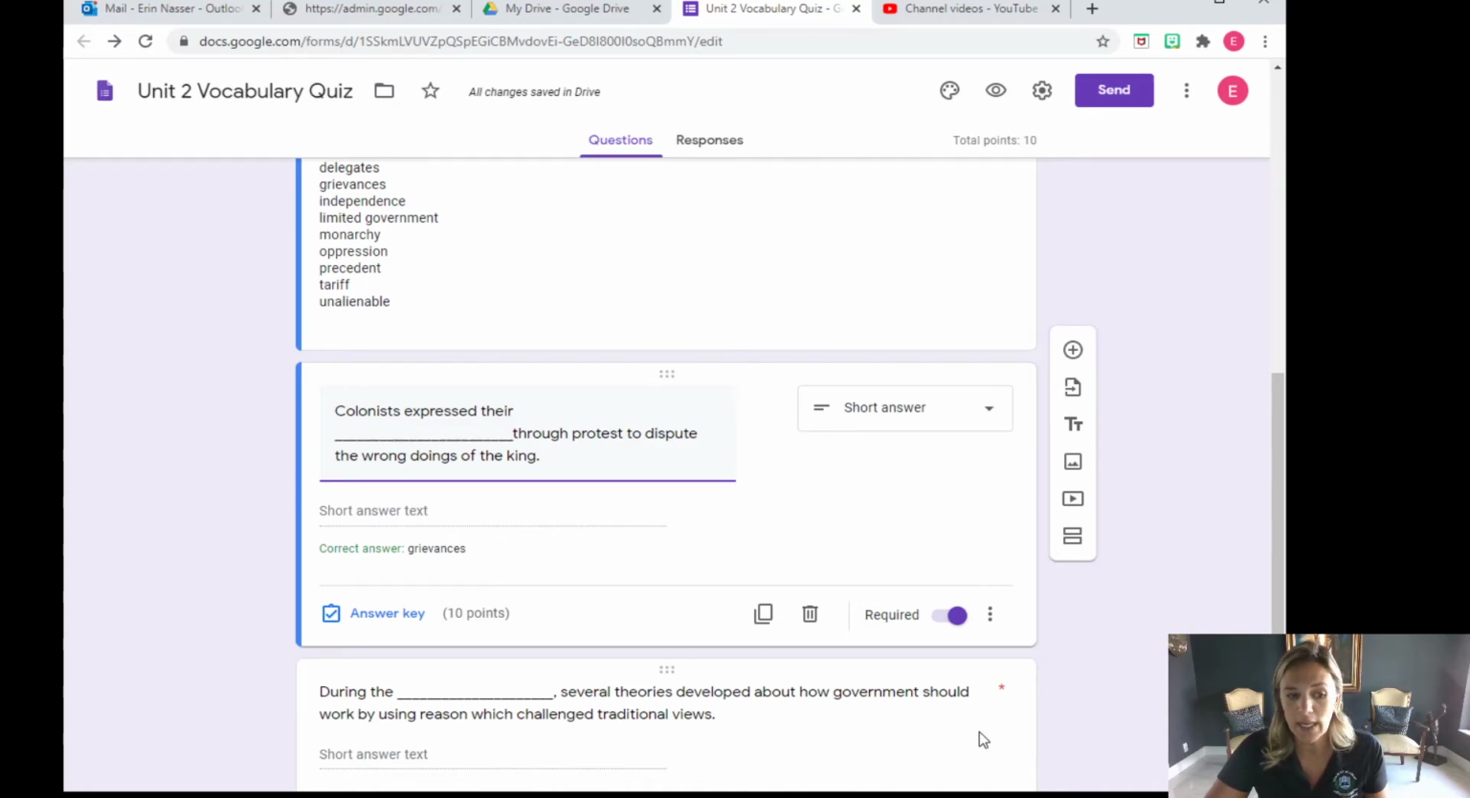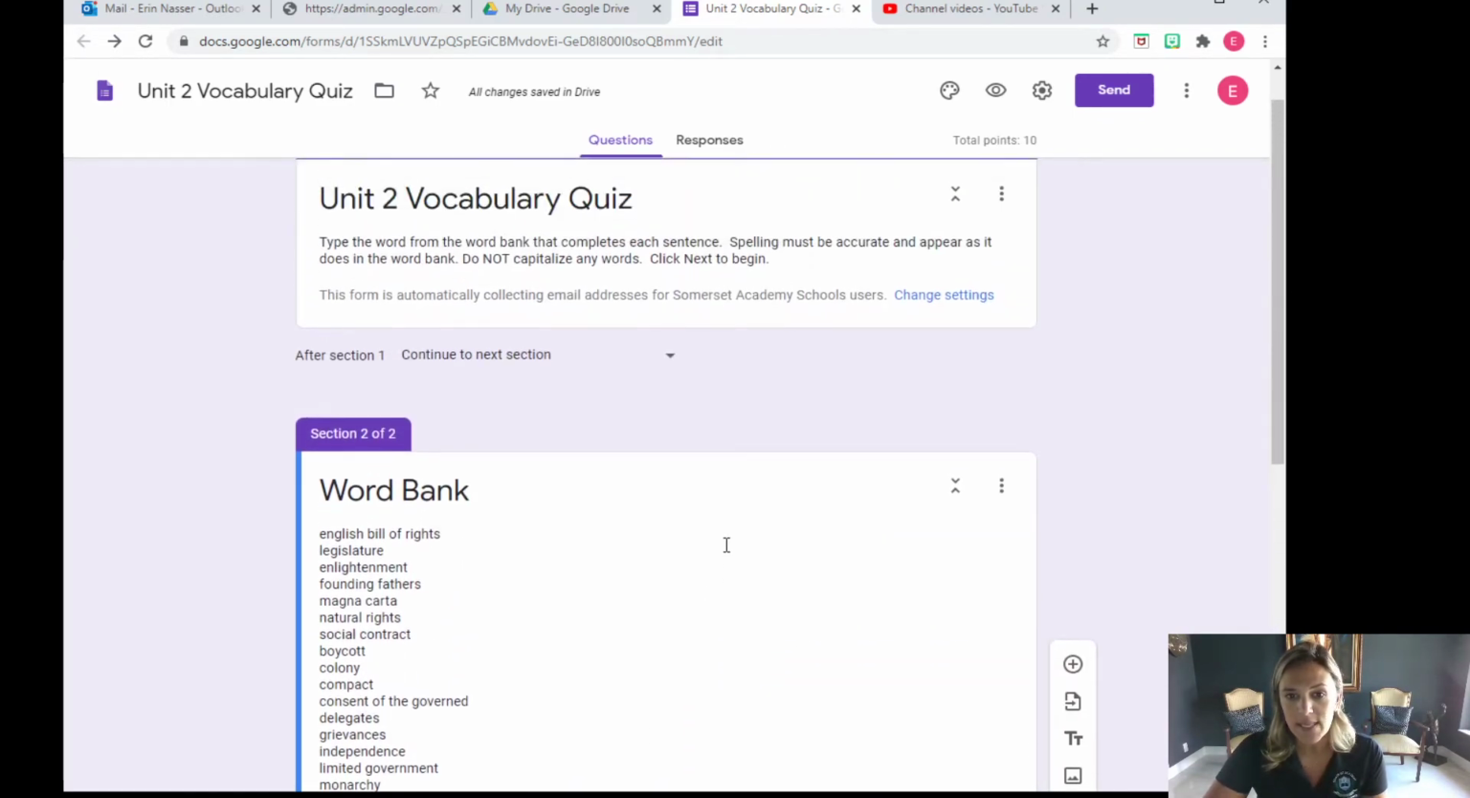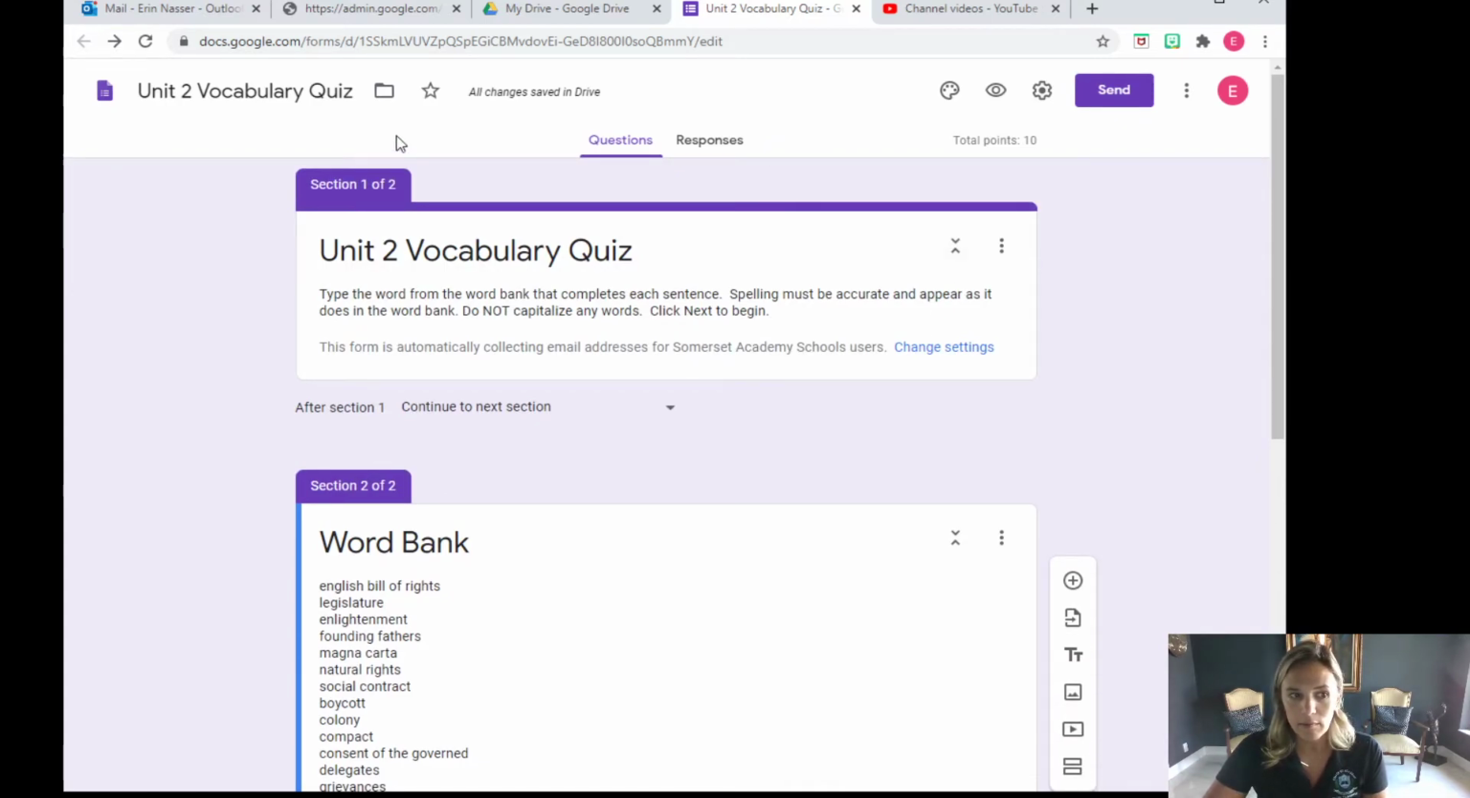Now, this is a short answer quiz, but it's the same thing if you were creating a multiple choice quiz. You still have the answer key option, and you would just check the correct choice, okay? And so once that is set up, then remember, everything saves automatically. So anytime you change a setting or add an answer key, that automatically saves to your Drive. And then when you're ready to upload it to your Google Classroom,